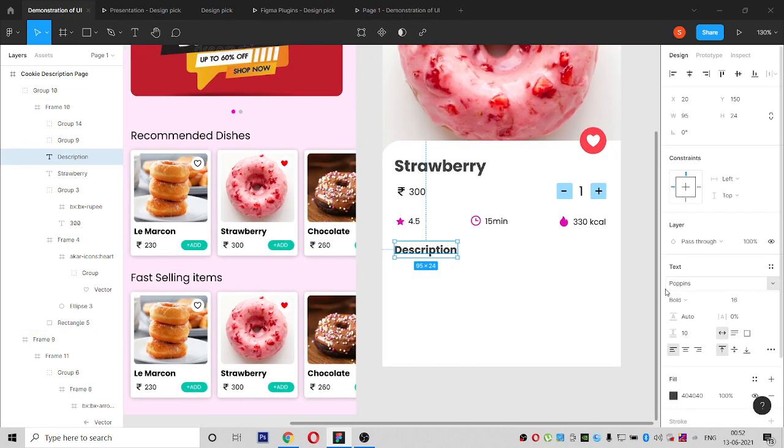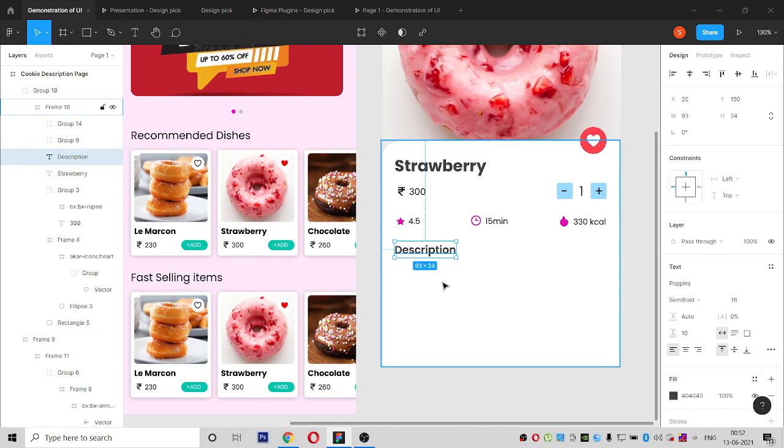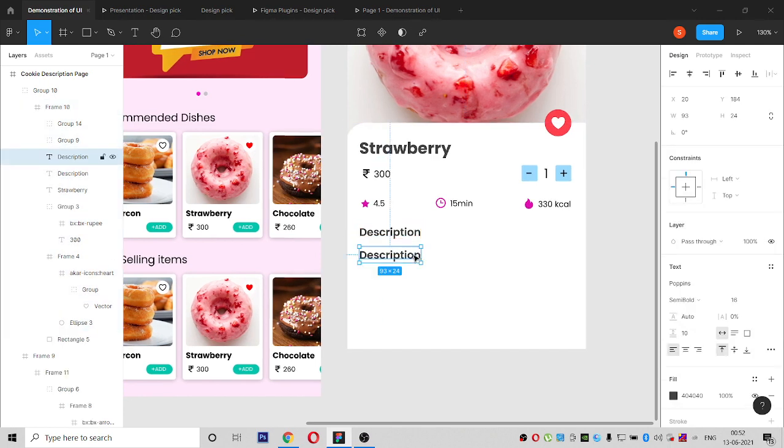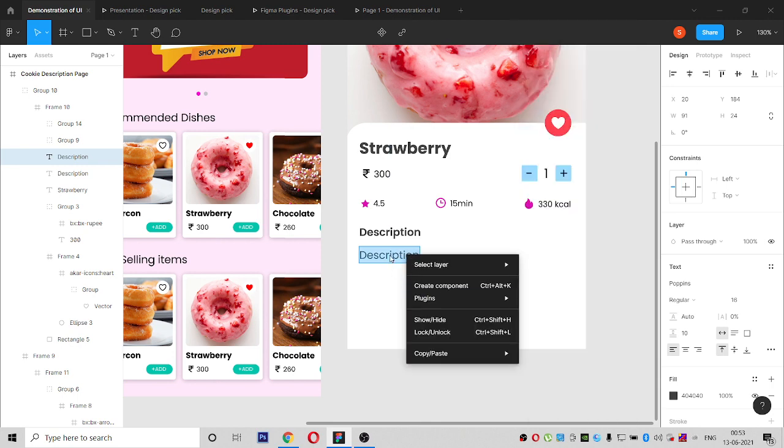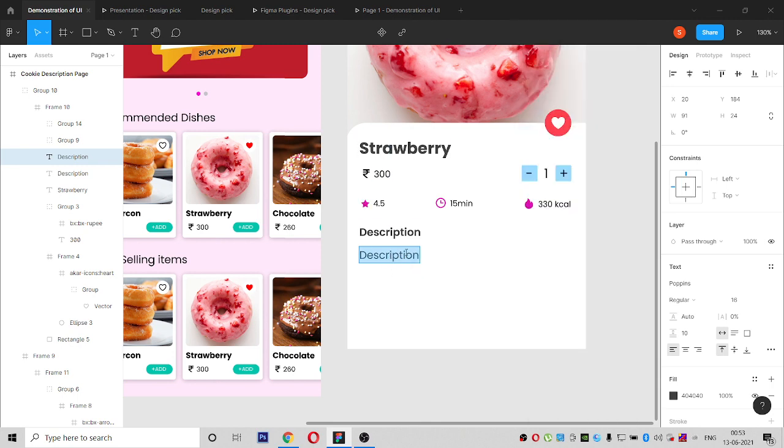Then make this heading semi-bold and make the description regular and place some random quotes, like, these donuts are soft and cakey but not dry in the slightest.